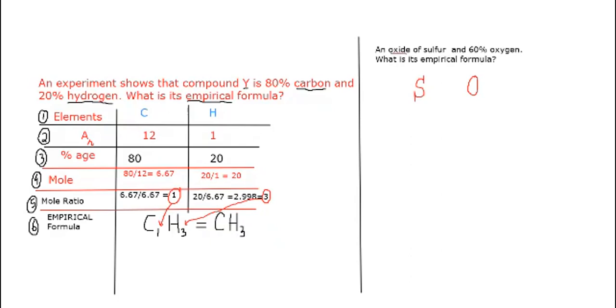Now the second step is their relative atomic masses. What are the relative atomic masses? By the help of the periodic table that you will have in your examination. What is the relative atomic mass of sulfur? That is 32. You can find it from the periodic table. And what is the relative atomic mass of oxygen? That is 16. Okay, now this is the relative atomic mass of sulfur and oxygen.